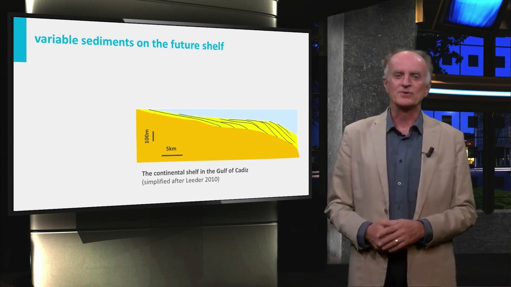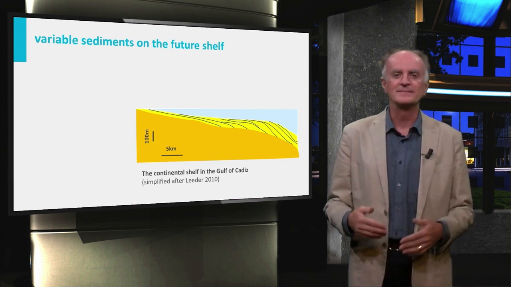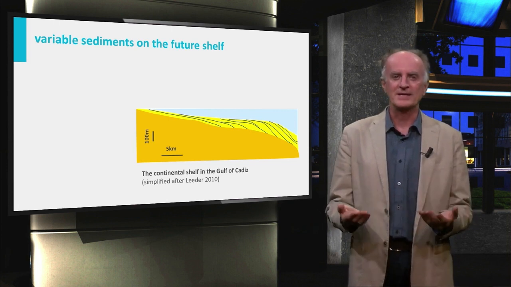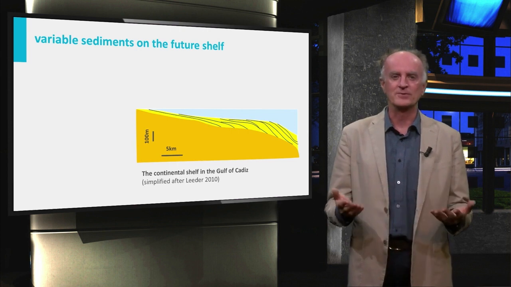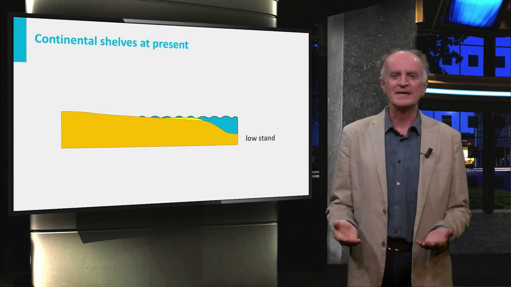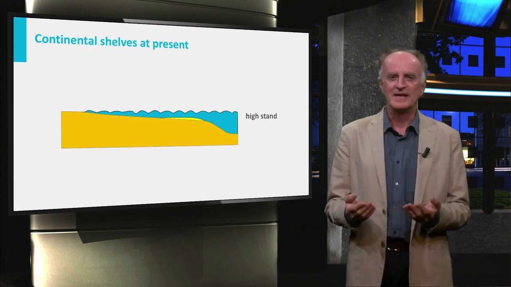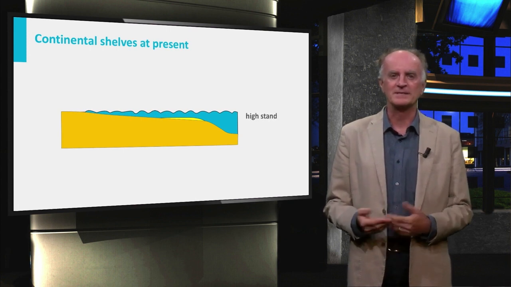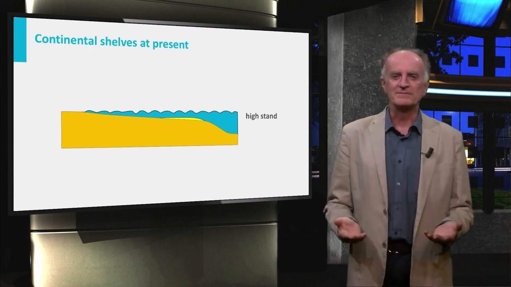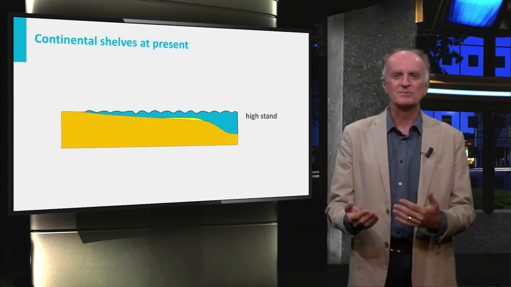Clearly, the area of the future continental shelf was characterized by a remarkable variety of sediments in terms of amount, type, composition, and distribution. This has a major impact on the kind of sediments dispersed in the continental shelf. With the improvement of climate conditions, sea level began to rise. In most places, sediment input from the rivers was insufficient and water depths of several tens of meters developed. Marine currents, tides and waves started moving around, distributing sediments,